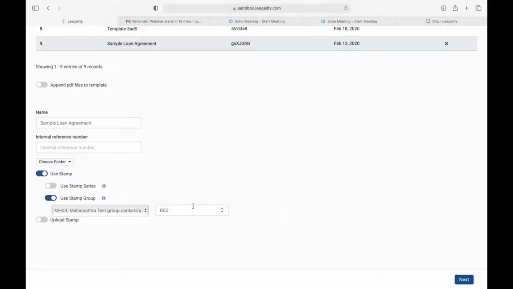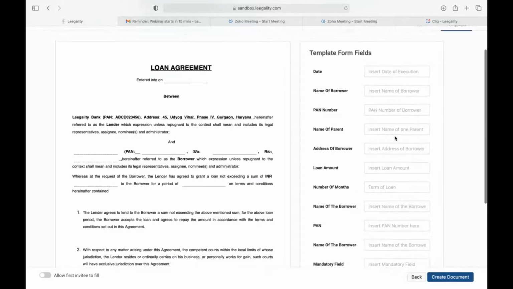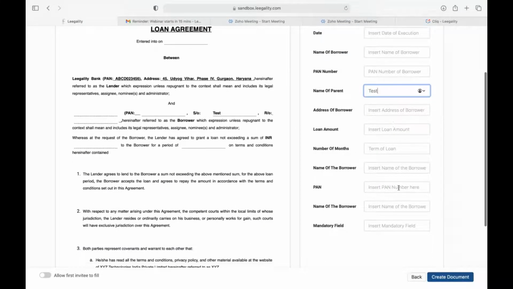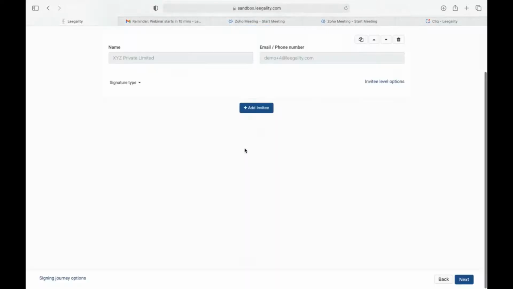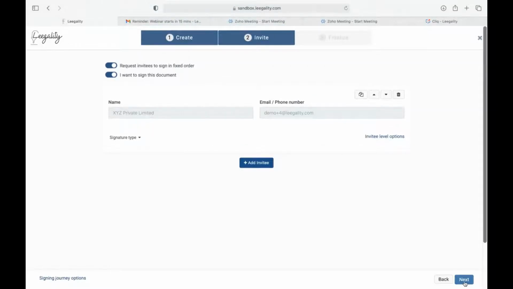Okay. Right. So the key thing here is that you input the amount of stamp duty that you want, and once you've done that, you can move to the next step. Right, the other steps are pretty straightforward. It's just the same in any journey. So I'm just going to quickly run over those parts. Create an invitation.